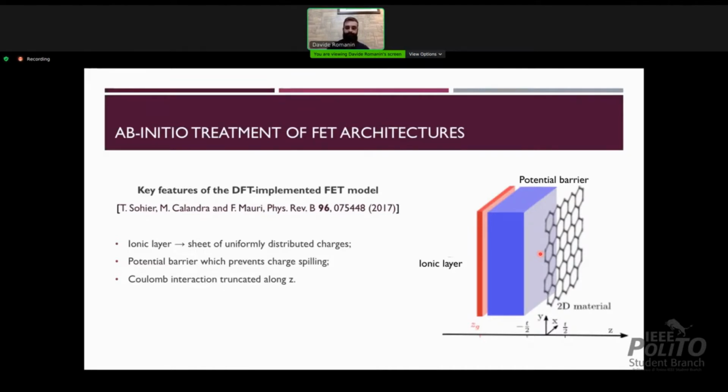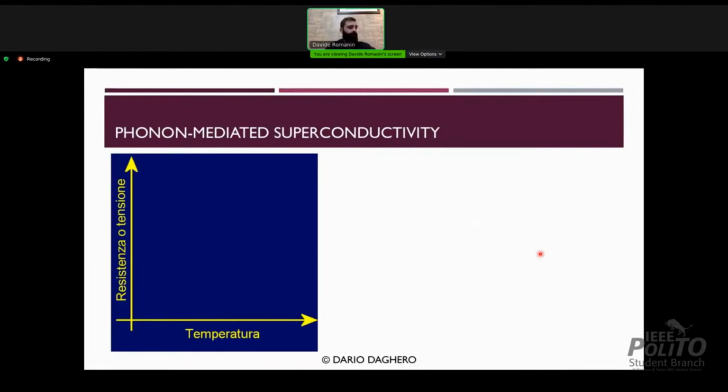direction. Now, we know that in normal materials, normal metals, the resistivity decreases as we decrease temperature until it reaches a constant value. However, in a superconductor, the resistivity decreases until it reaches a critical temperature where the resistivity suddenly drops to zero. Therefore, superconductors, for example, can be